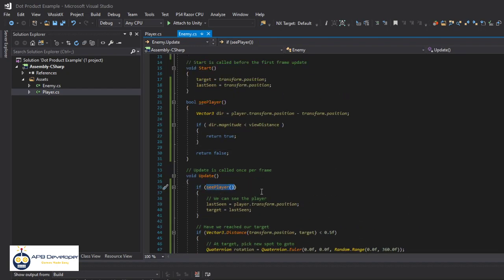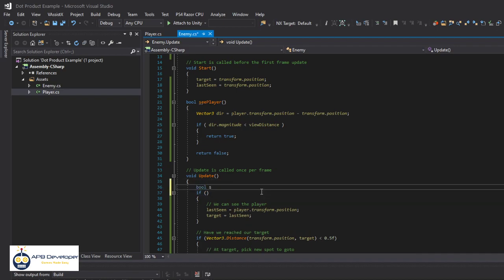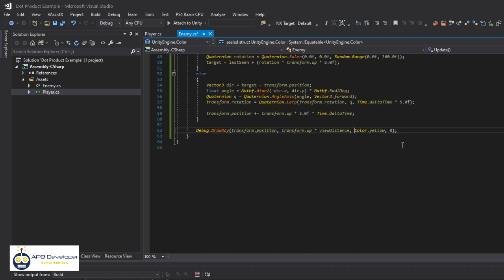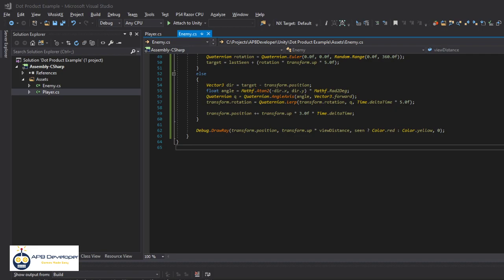What I'm actually going to do is take that as a variable, and down here we'll use a red or a yellow. So when it goes red, he's seen us. So if we now flick back to Unity,